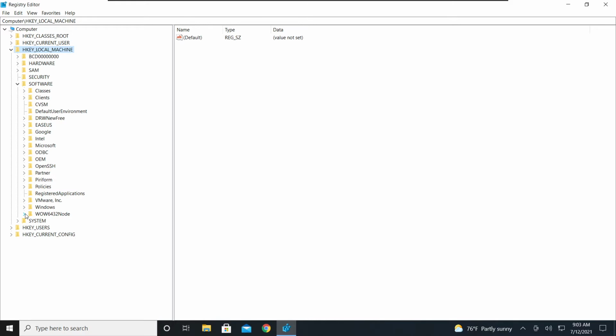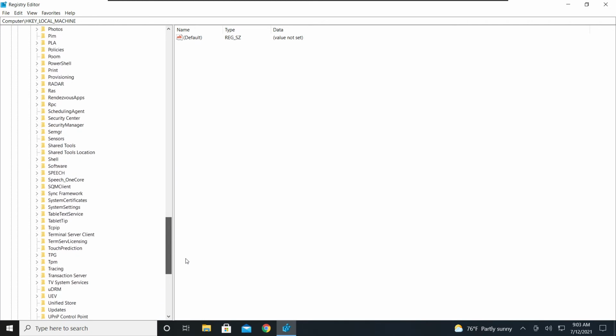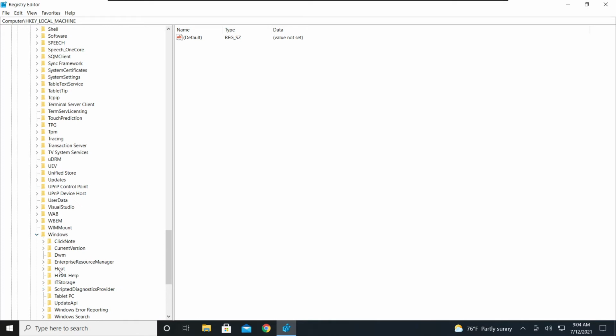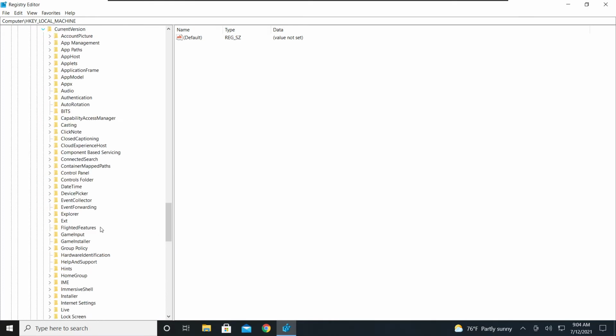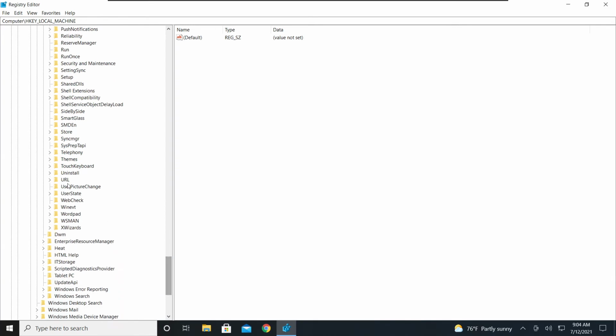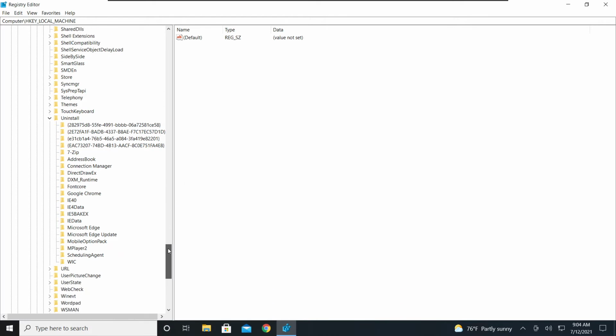a 64-bit program. So we're going to go here, we're going to go to Microsoft, then we're going to scroll down to Windows, and then we're going to go to current version, and then finally we're going to go to the uninstall directory. See it right there? Okay, now here are the programs that are 64-bit and are installed on this machine right